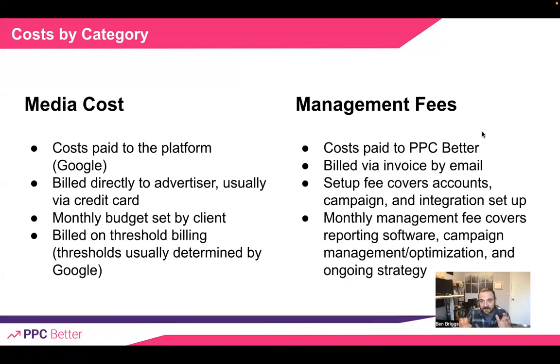The setup fee covers your account and campaign creation. We spend a significant amount of time setting up really advanced campaigns. We have that budget segmentation that we talked about, and integrating all of that, setting up your conversion tracking and integrating that with your CRM. That's your setup fee. And then your monthly management, it's ongoing reporting, it's weekly meetings,